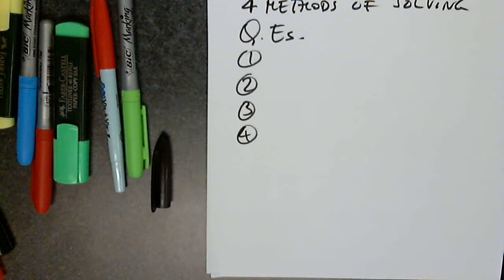So we have 4 methods, and the question is, why 4 methods? Why isn't just one enough? Well, the reason is, in certain situations, one is easier to apply than the other. And it is highly recommended